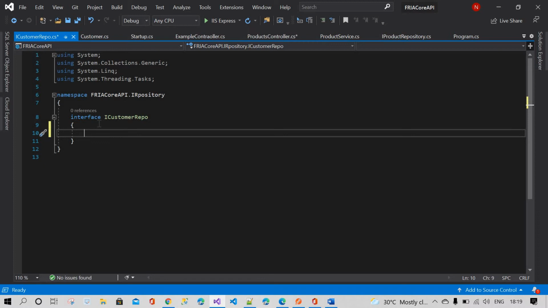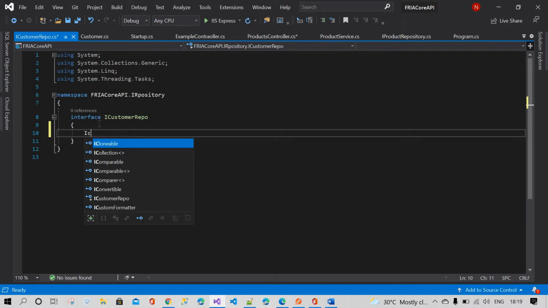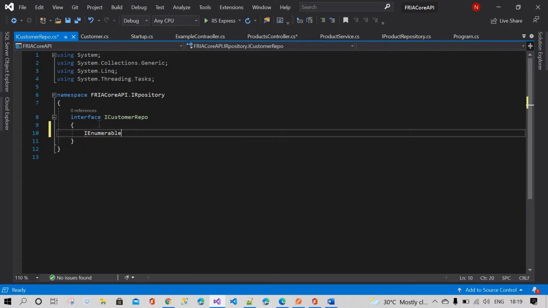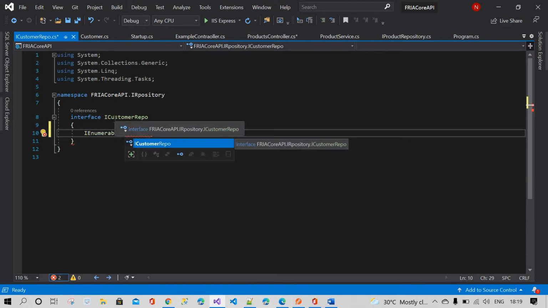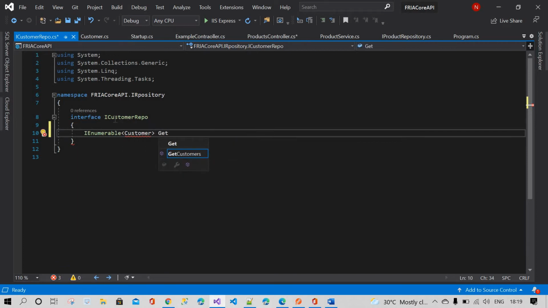Everybody knows an interface class is public by default, so it doesn't accept any access modifiers; it is only for declarations. So declare methods here: IEnumerable of class type T, type meaning Customer, GetCustomers.